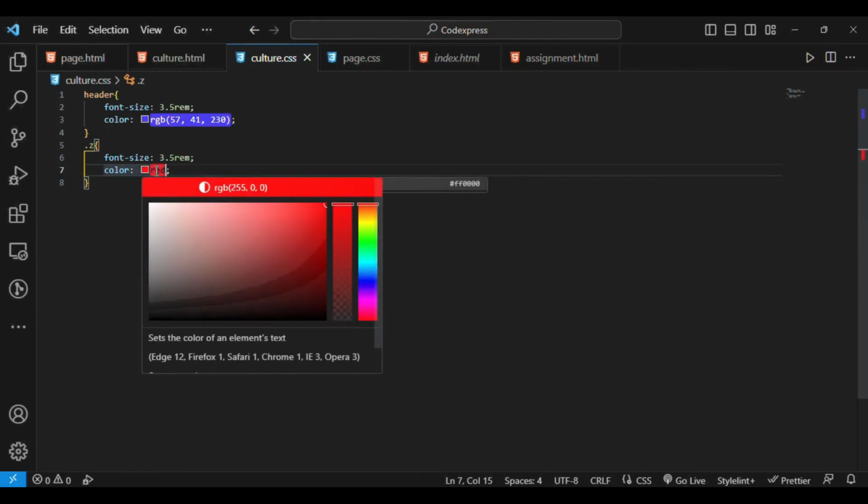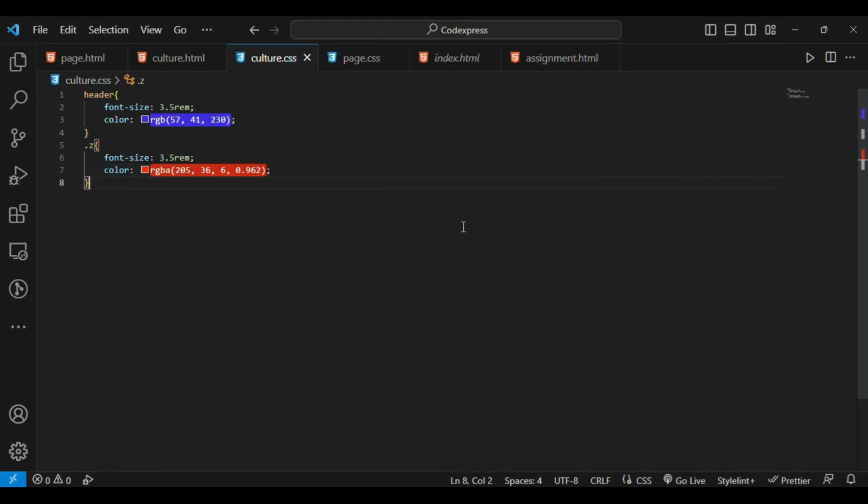Now within the shade of red, not red, two bits hot and a bit hot. Okay,